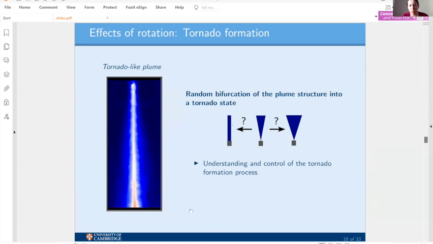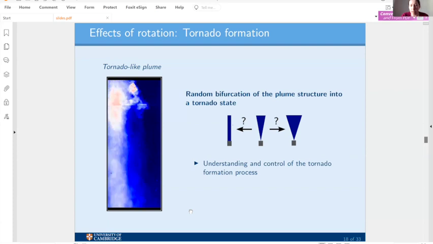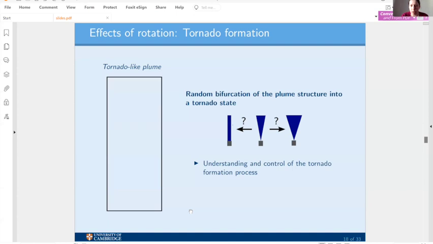Now, at this moment, I think we have an understanding under which conditions this tornado formation is favored. However, we still don't have a good understanding about what exactly triggers this tornado formation. And that is a very active research area now. So we are trying to understand what triggers this tornado formation and moreover, what we can do in order to reliably control this tornado formation. And if we manage to understand this, it will also have some consequences for our understanding about how tornadoes form